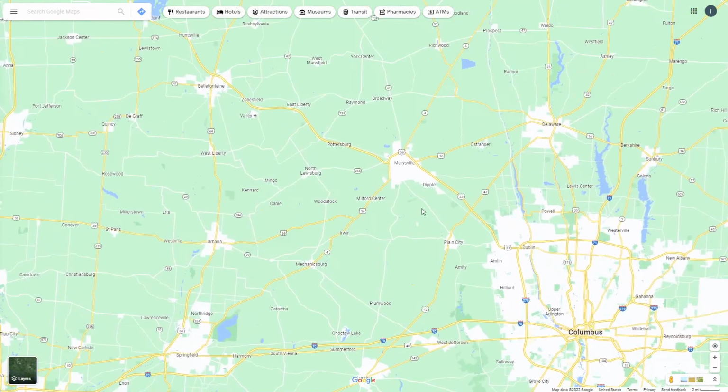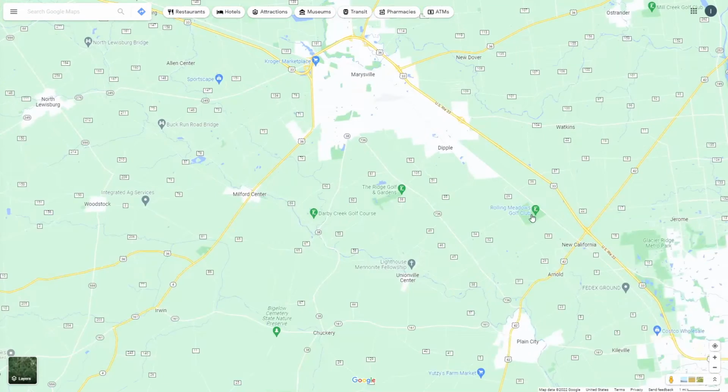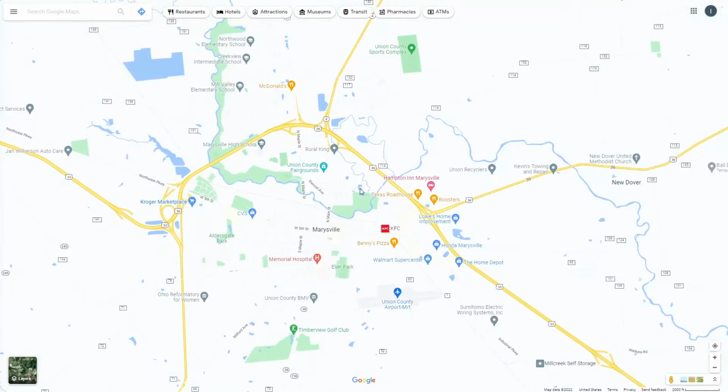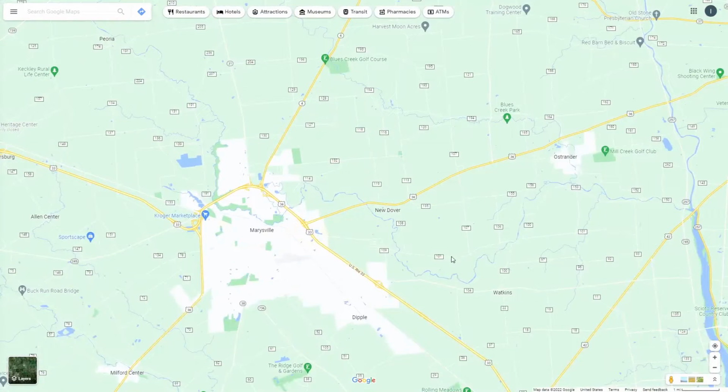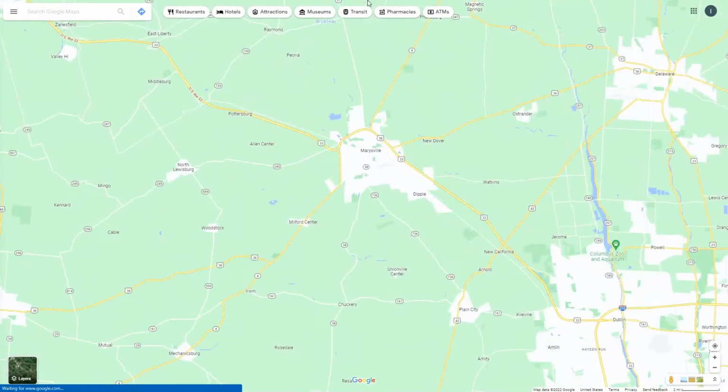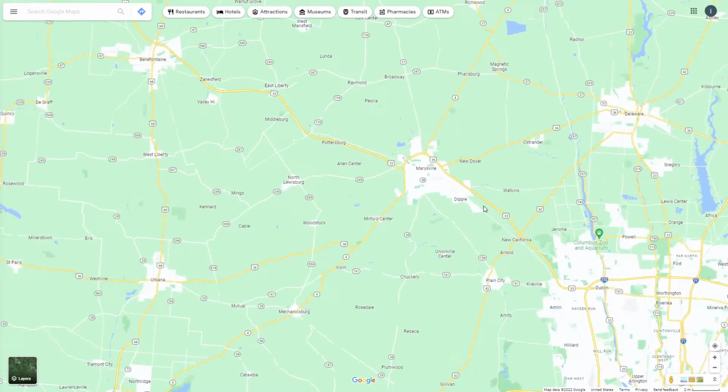Now, finally moving on, we have the federal routes. We have a lot of them. They're definitely very, very major routes, like multi-state routes, most definitely. So here in Marysville, we have Route 36, Route 33, and then if you go south enough, you can find Route 42. All of these are federal highways, and they're maintained by the federal government and not the state that you live in. So a lot of these routes have a numbering system. That's one thing. And then the next thing is